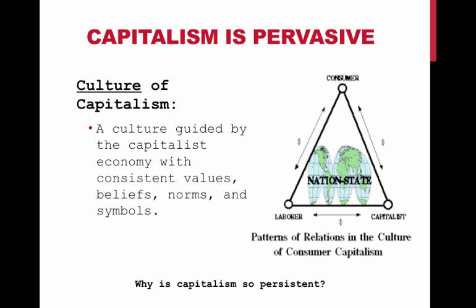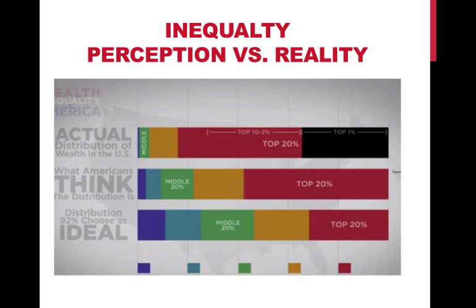Becomes part of our belief system. And so we move forward with this belief. And so when we're faced with inequality, we don't even notice it. If we look at this chart, the actual distribution of wealth in the United States, the top bar, is dramatic. It's much like what I showed you in the earlier chart. But what Americans think the distribution is, that middle bar, is far less than it actually is. And when asked what they would like it to be, they claim that they would like to see even less.